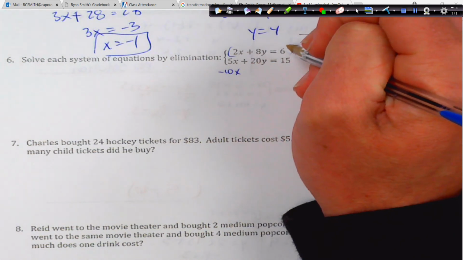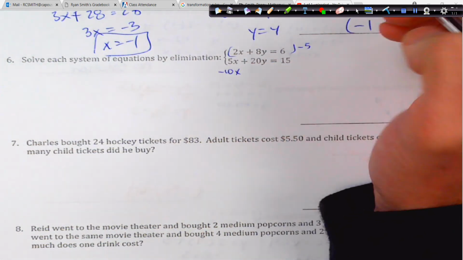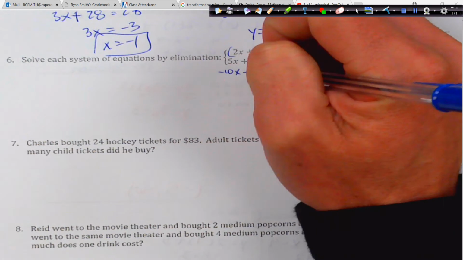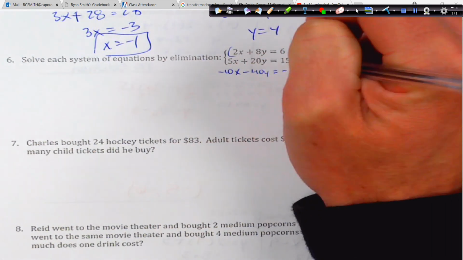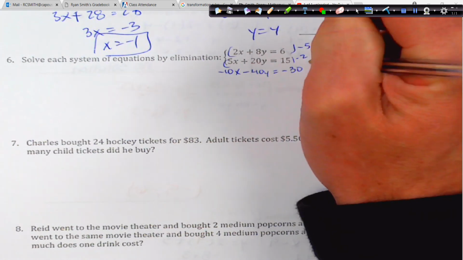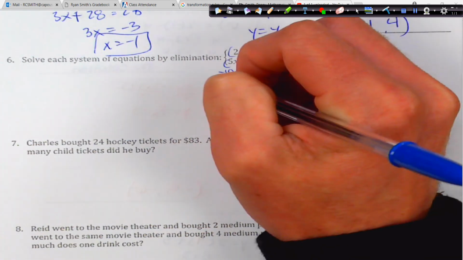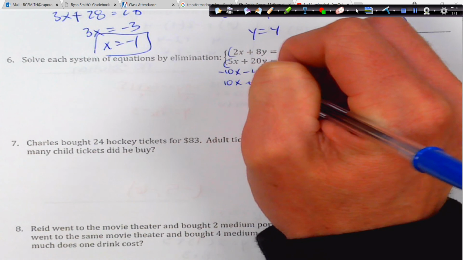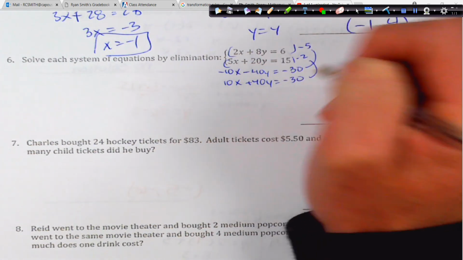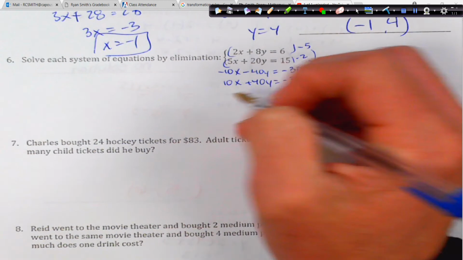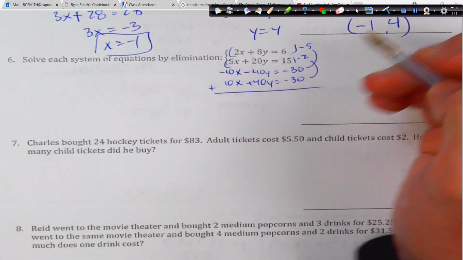I do not want to multiply by negative 5. Oh, yeah, let's do it. Let's do that actually. Negative 40y and negative 30. And then this one I'm going to multiply by 2. And we're going to get 10x plus 40y equals 30. Negative 30. Okay. Well, what you can see here is if I add these equations, we're